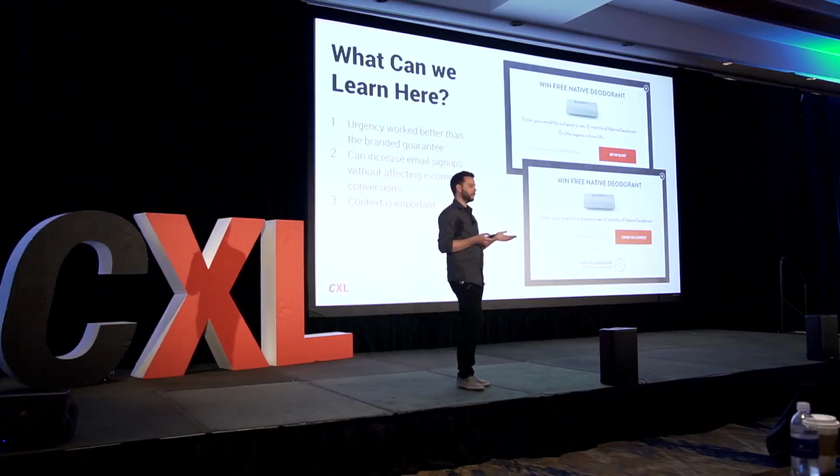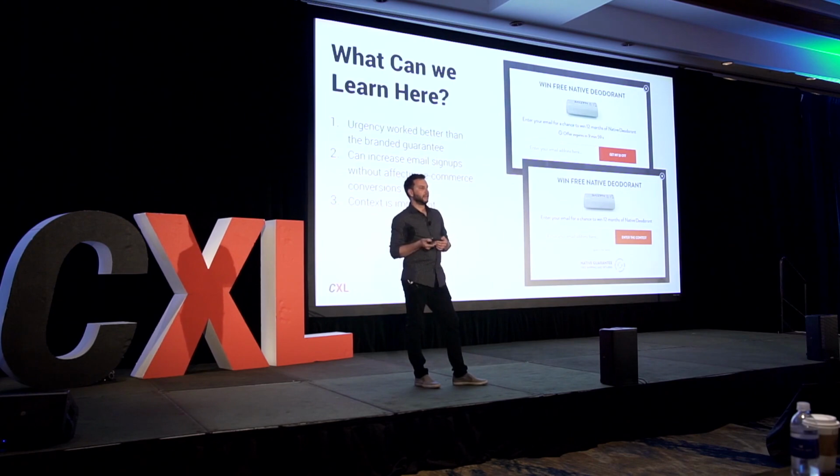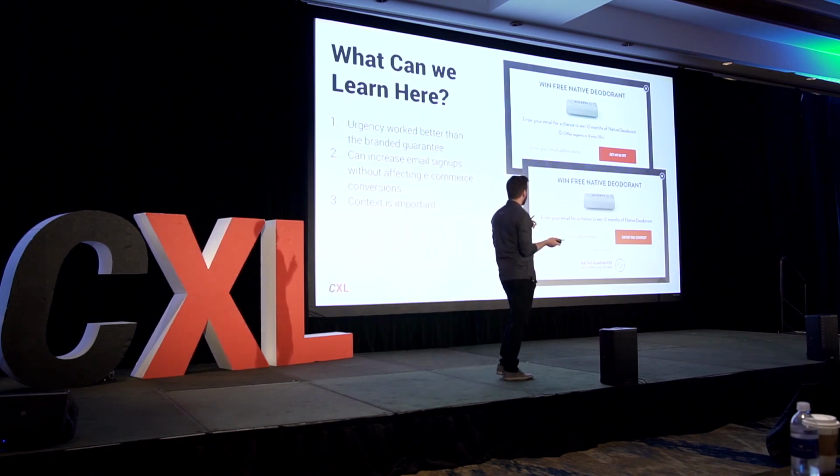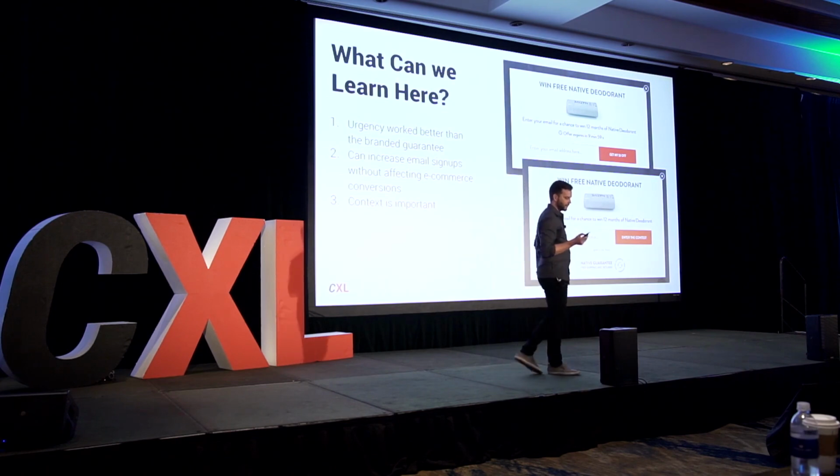And of course, context is important. If it's something like a one-time purchase like a smart garden, most of the time you're probably going to buy one of these. Maybe you'll buy another one. Maybe if you really like it, you're going to buy one for your mom months later or something like that. But deodorant is something you buy over and over again. And it's only $12, so it's not really a big deal if you spend $12 and then you still win the contest and get a year's supply. And if you like it, you'll probably keep buying it after that as well. So it's definitely important to consider the context, because just the nature of the product can have some pretty big changes, even if you're using the exact same tactics.